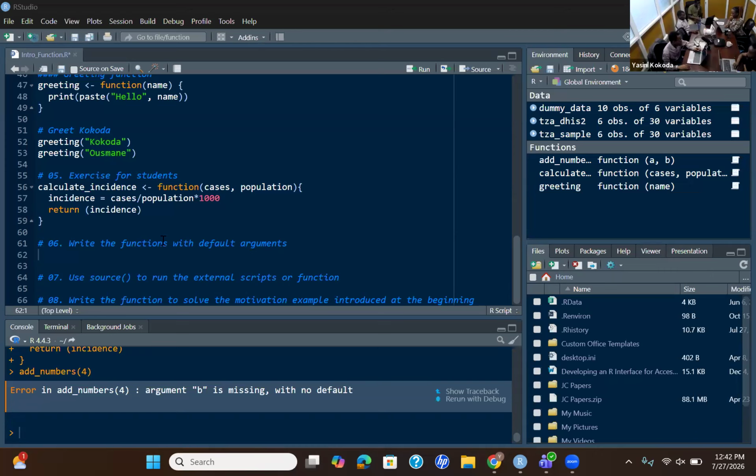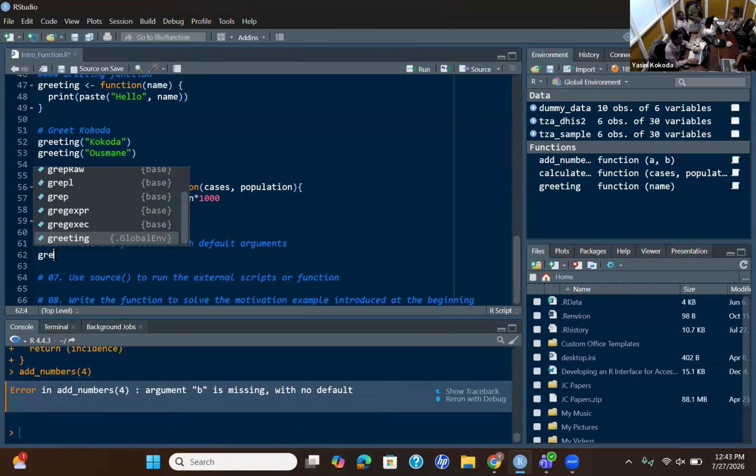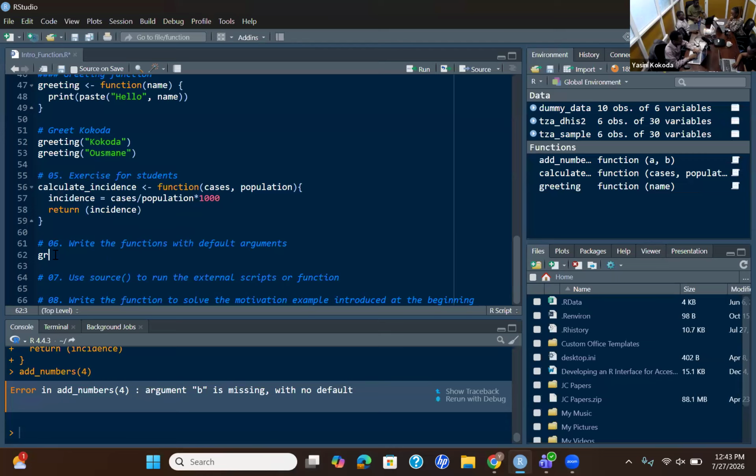Yes. So perfect. So we are talking about the function with default arguments. In case you didn't specify one of the arguments, the default one can be used. So let's say we are in our greeting function.